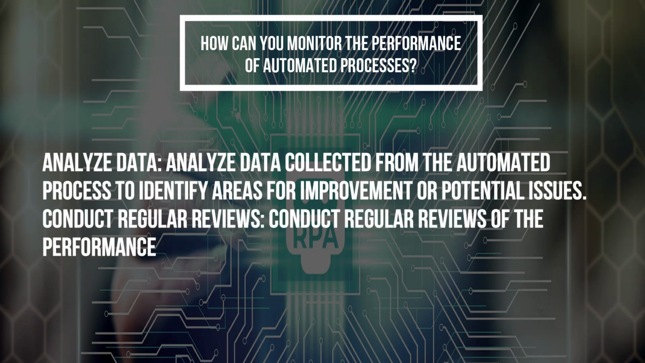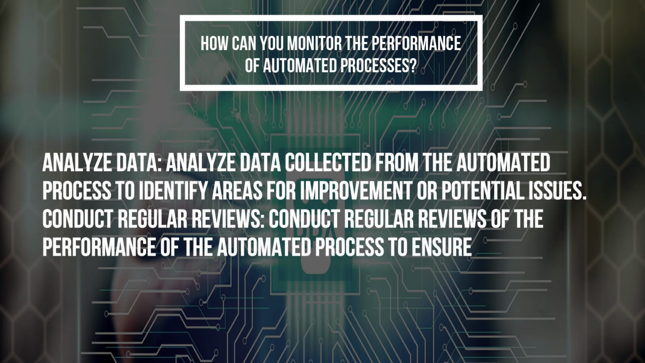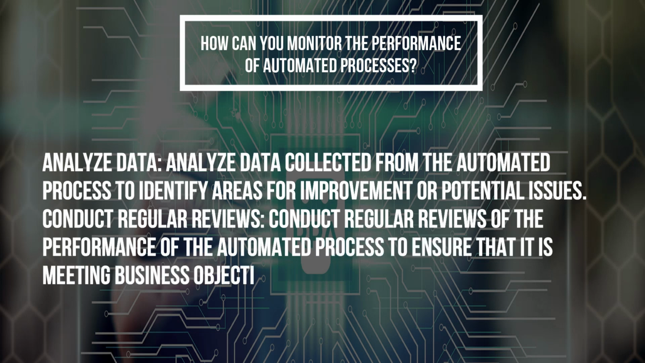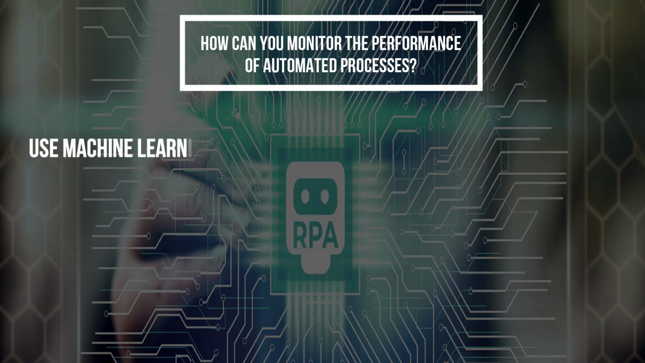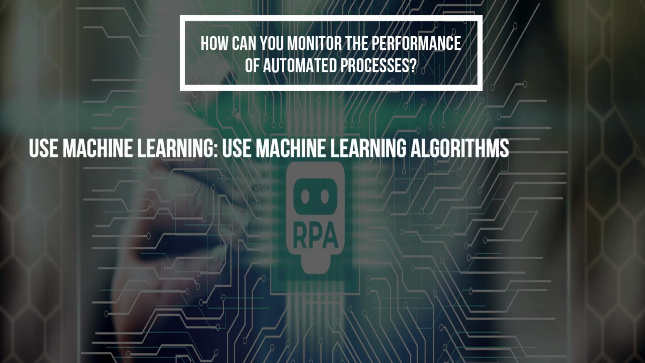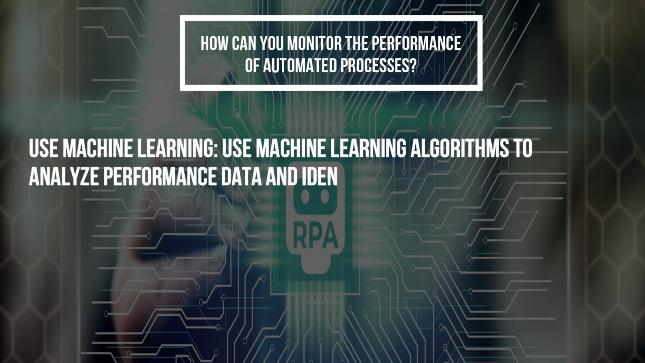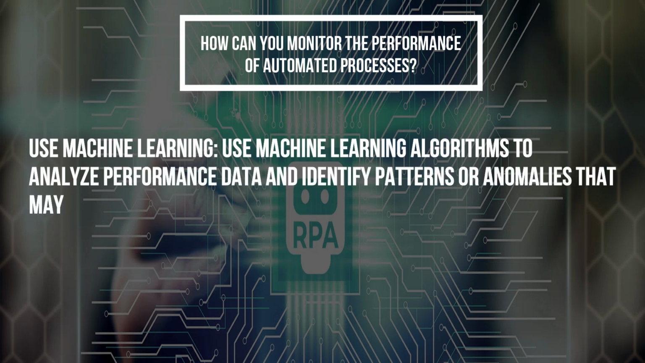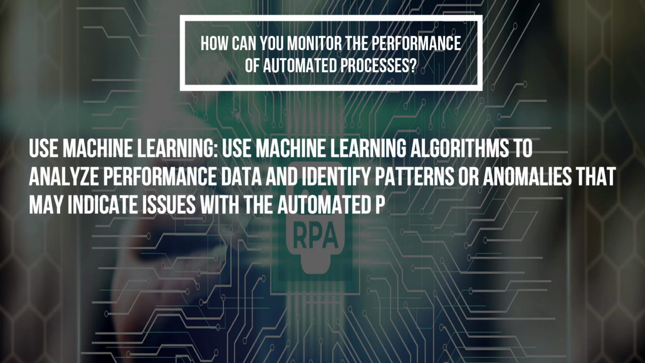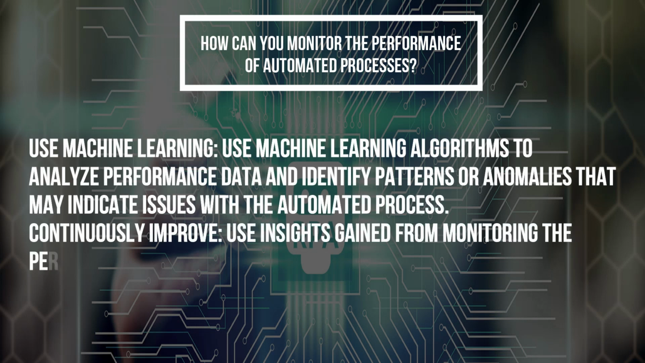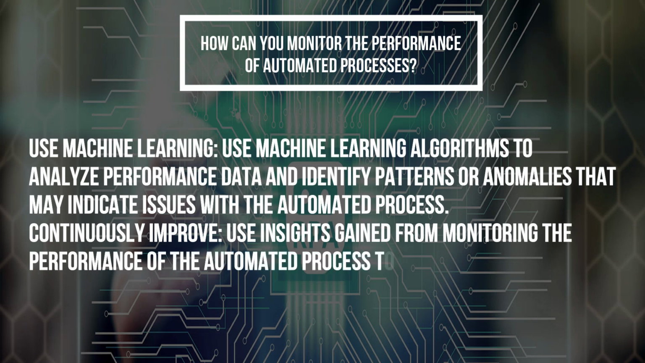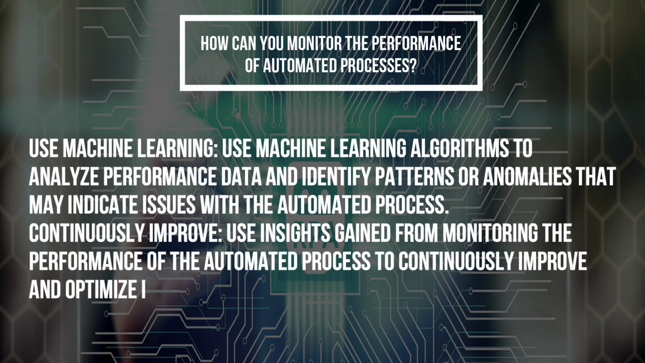Conduct regular reviews of the performance of the automated process to ensure that it is meeting business objectives and identify areas for improvement. Use machine learning. Use machine learning algorithms to analyze performance data and identify patterns or anomalies that may indicate issues with the automated process. Continuously improve. Use insights gained from monitoring the performance of the automated process to continuously improve and optimize its